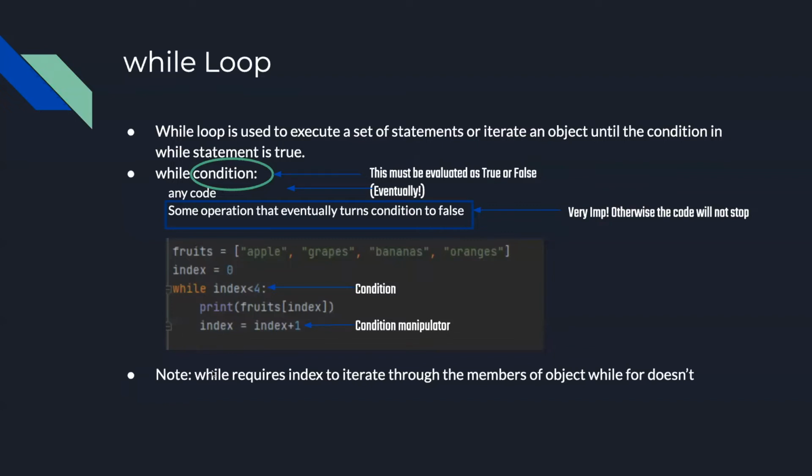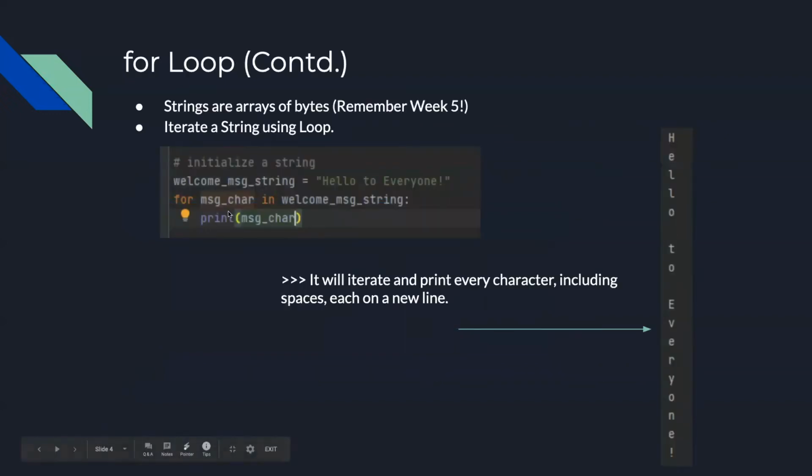So note, while requires an index to iterate through the members of the object, while for doesn't. If you're trying to iterate over the members of an iterable object like a list, you would need to use an index for doing that. Whereas with the for loop, as we saw previously, you can just have for each element in that